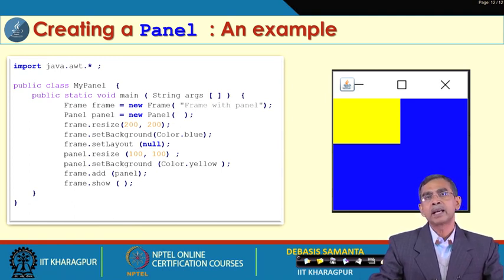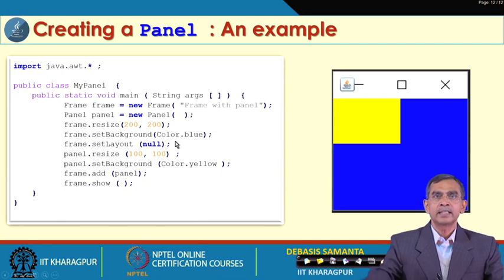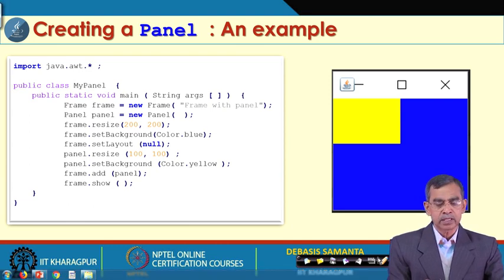Obviously, a frame can include a panel, and all these things can be floated in a container which is not a frame, not a panel, but simply a container. Here is the idea again of how we can create a panel which is contained in a frame. You can watch this code here.